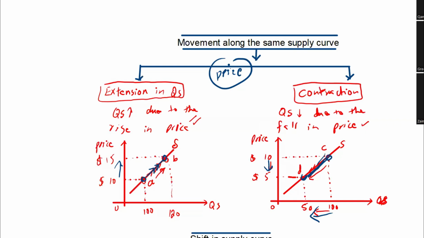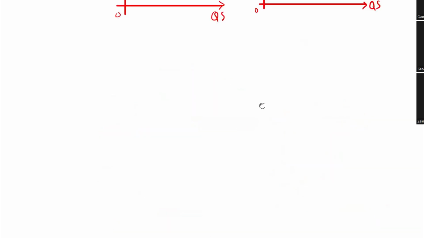Okay, so this is a really simple concept. I believe you understand that. And in the next class, we will look into the concept of equilibrium. That is a really, really important concept in economics. We can look into the very basic thing of equilibrium, then we will further explain the concept of equilibrium in the next class, inshallah.